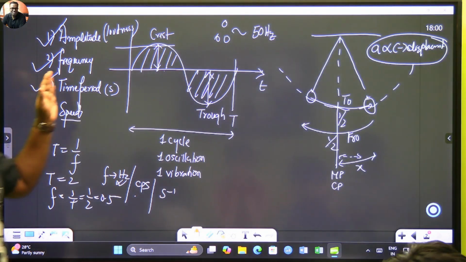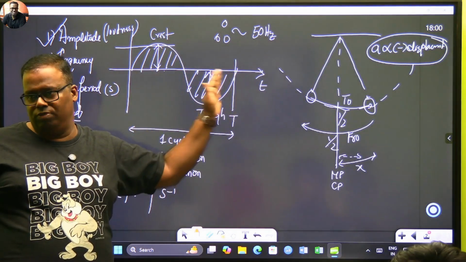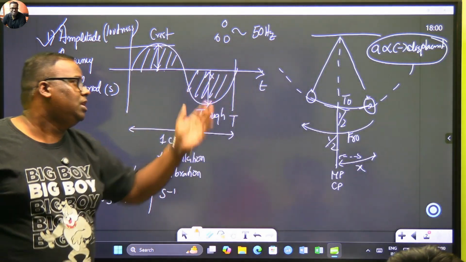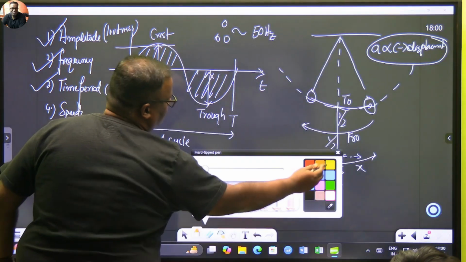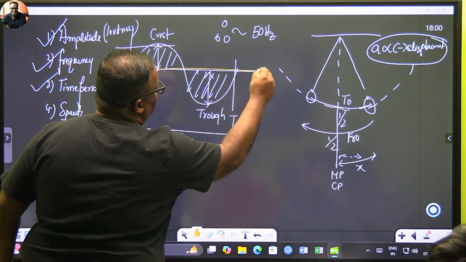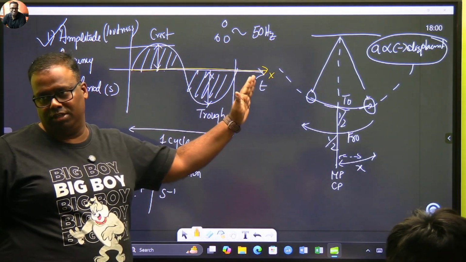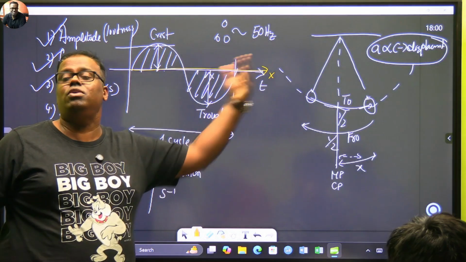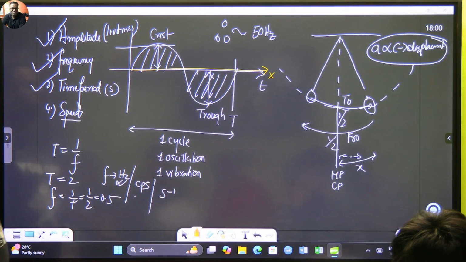Next comes speed. Speed बोले तो क्या? Speed is how the wave is propagating. मतलब I can draw this on an axis of time, or I can also draw this on an axis of length. If I draw this on an axis of length, say x, then how much has the wave propagated? Wave भी तो जा रहा है ना आगे. वो है wave की speed. अच्छा, उसको जानने से पहले we'll need to know something called wavelength.